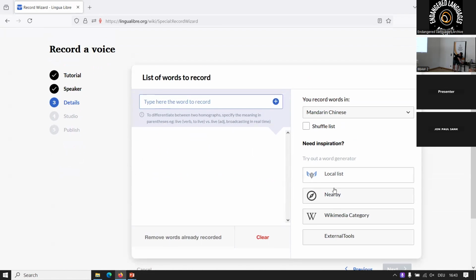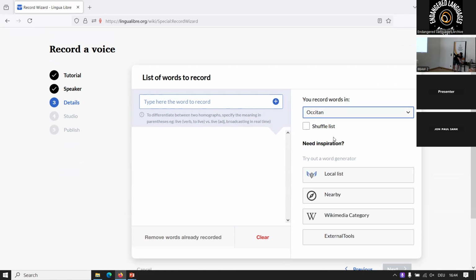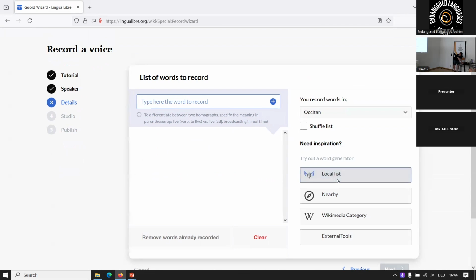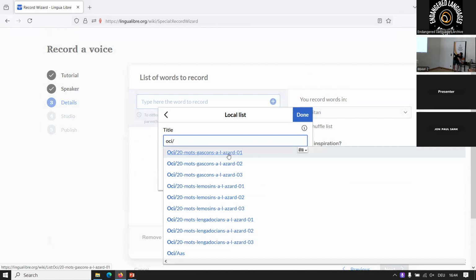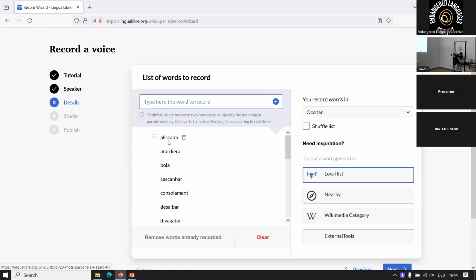Then you have various ways to load a word list. I will go with Occitan, and I will look for a local list. I click on some list. I can also add a list myself. Then I have a list of words to record. I do next.